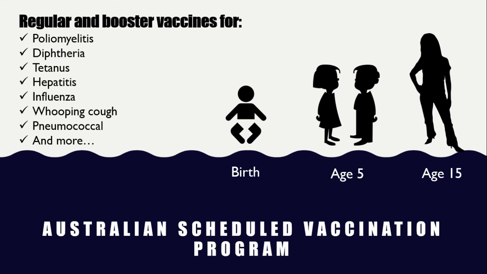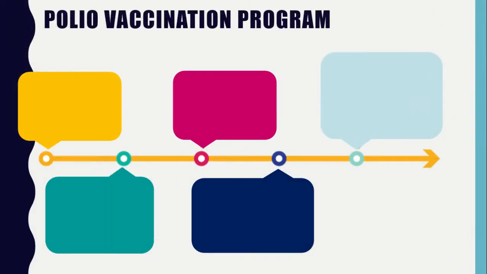If the schedule is followed exactly, by the time a child is 5, they would have received a total of 41 vaccines, and around 60 to 70 by the time they are 15. As children of younger ages are at higher risk of contracting diseases, this vaccination schedule minimizes risk of development and spread of infection. The international spread of polio during the 1900s constituted a public health emergency of international concern under the International Health Regulations. To control the disease and decrease further spread, the National Immunization Program began including routine vaccinations